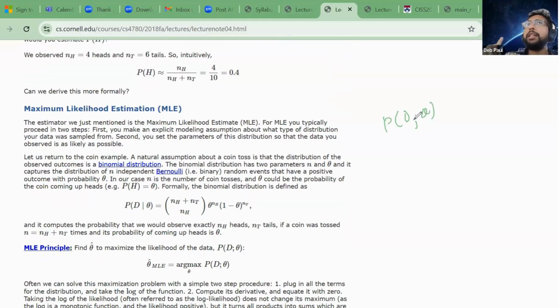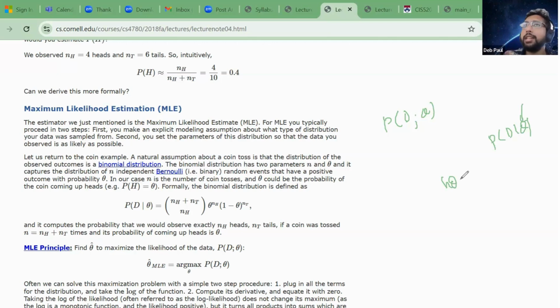There's a very big distinction between these two, and I think a lot of textbooks don't differentiate. You may say, what is the big deal? There's actually a lot of big deal. The reason is that when I say P of D given theta, this theta becomes a random variable. In this case, it's not a random variable, it's a parameter. So I'm treating theta as a parameter. If it were a random variable, there would have to be a distribution on top of it, and there's a different estimation technique for that. We'll come to that.